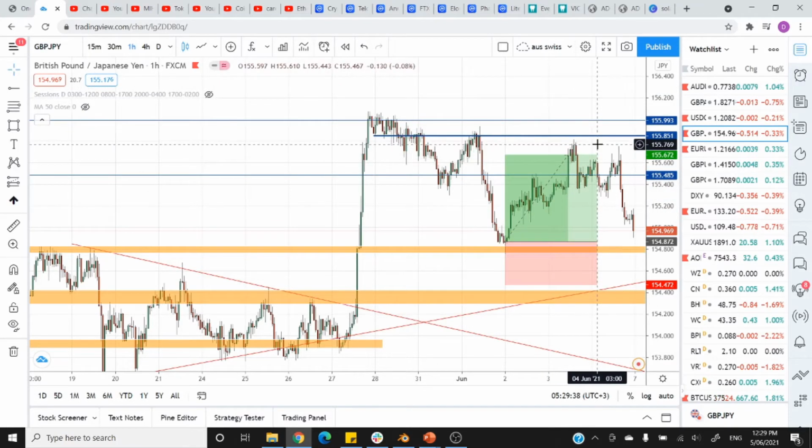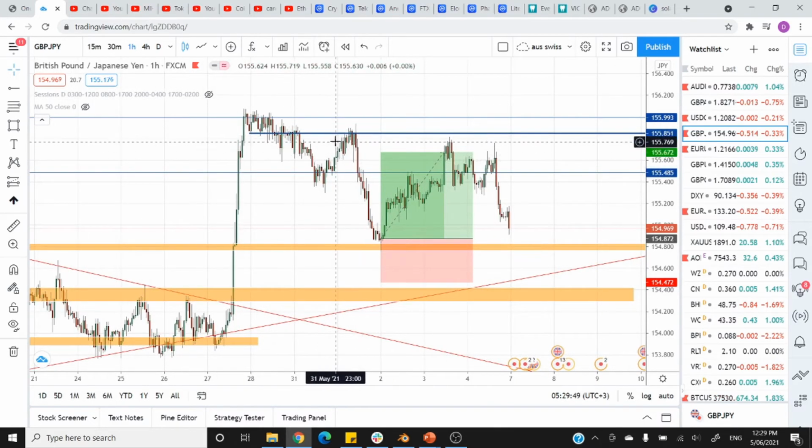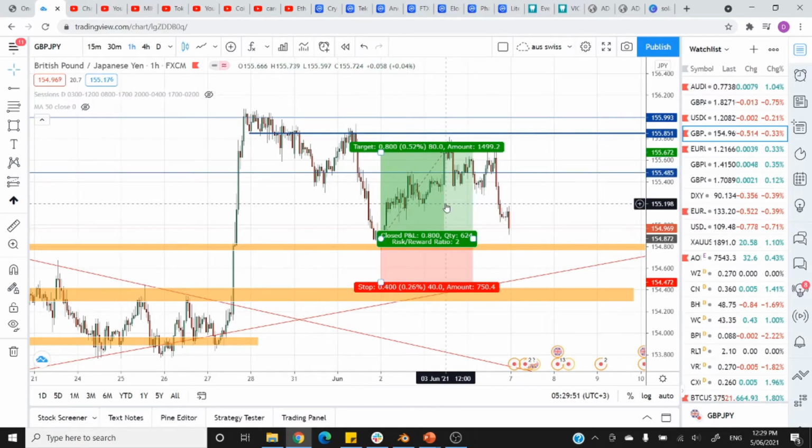And it would have just given you that trade there. It's probably a pretty decent area to take profit, where you can see it opened and closed on that area there. So those are probably your two, possibly three easy trades you could have taken for the week,